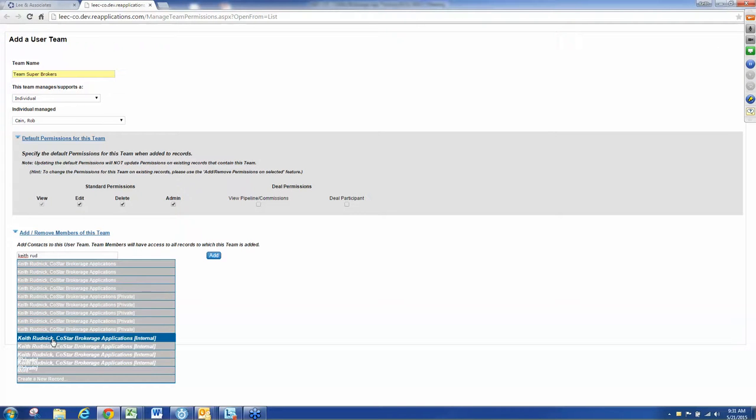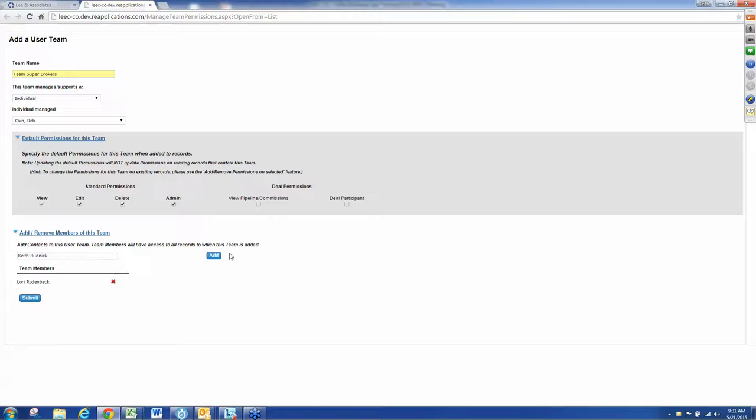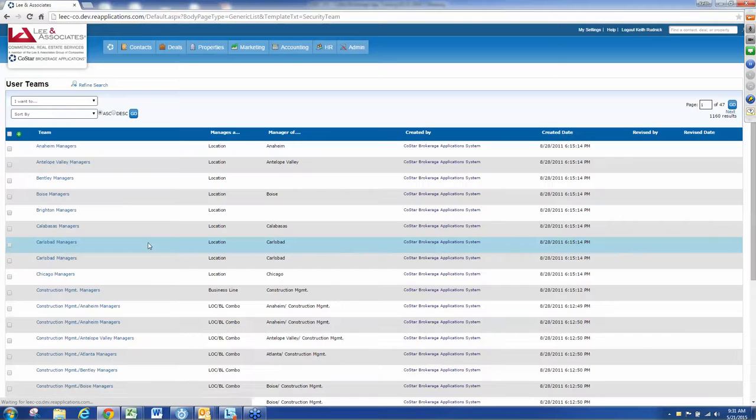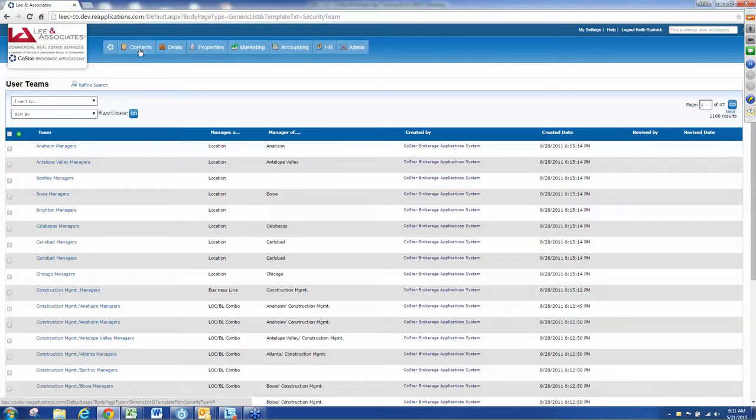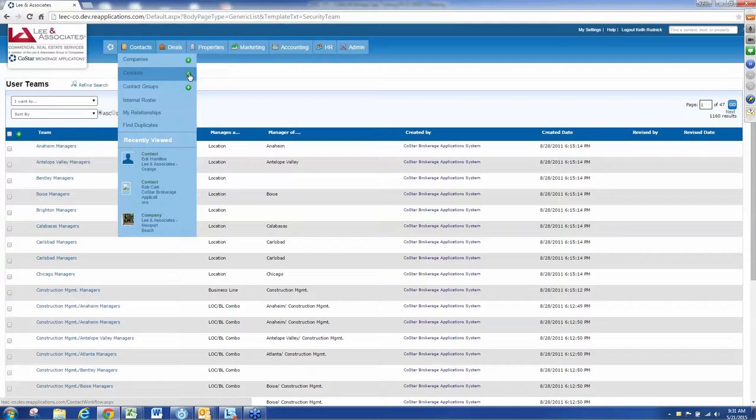Not sure which one to choose, but hopefully this will work. So I'm going to hit submit. Now this team has Rob, it has Lori, and has myself on there. Now when you go to create a new contact record, if I chose the right contact for myself,